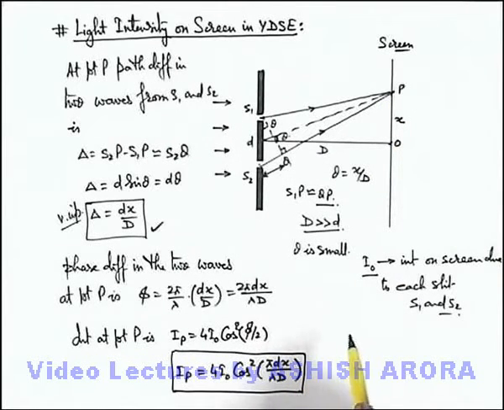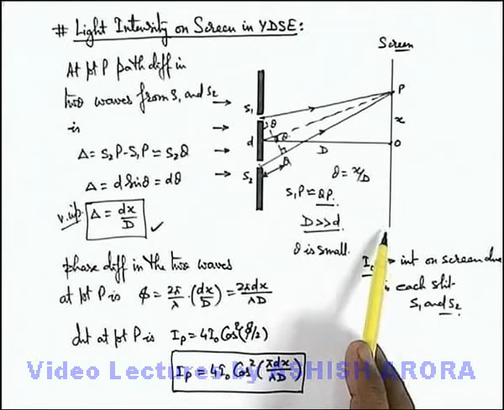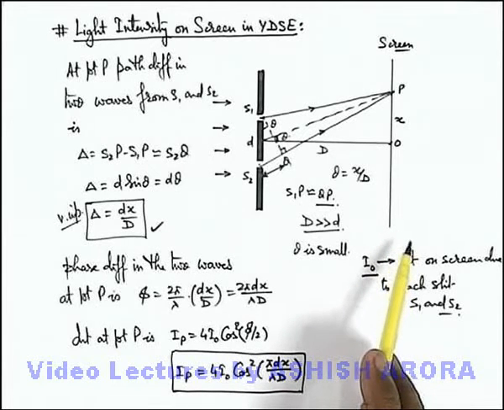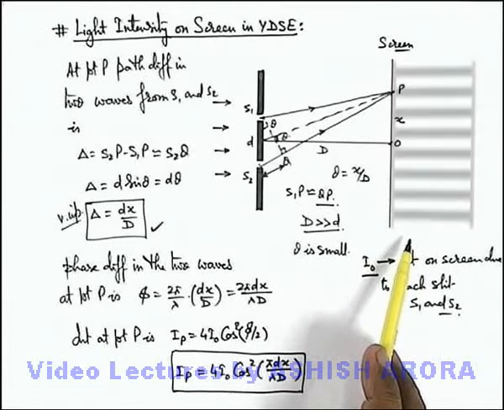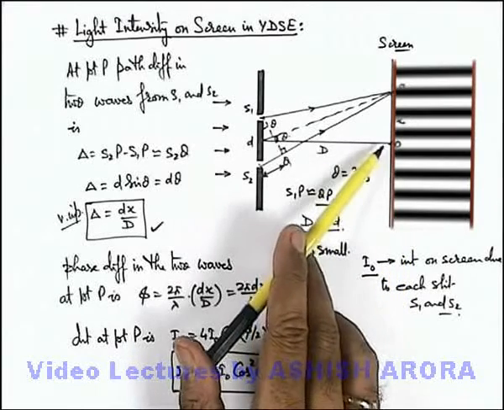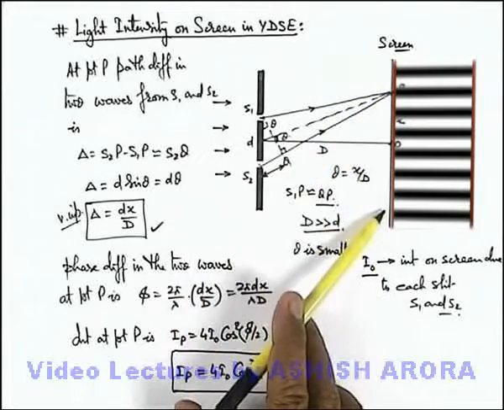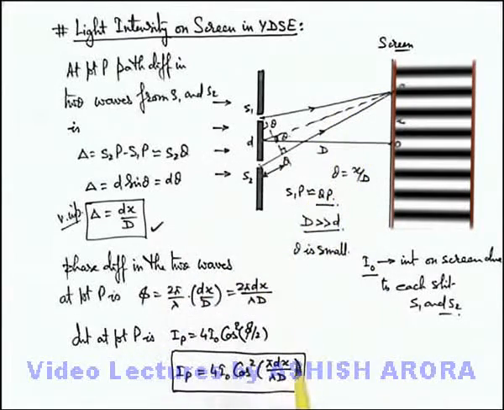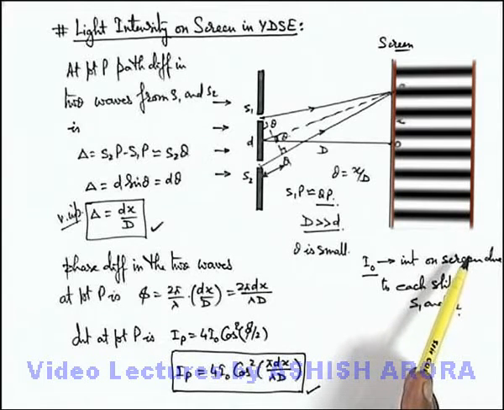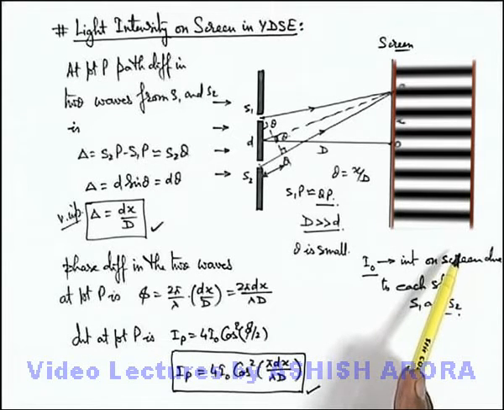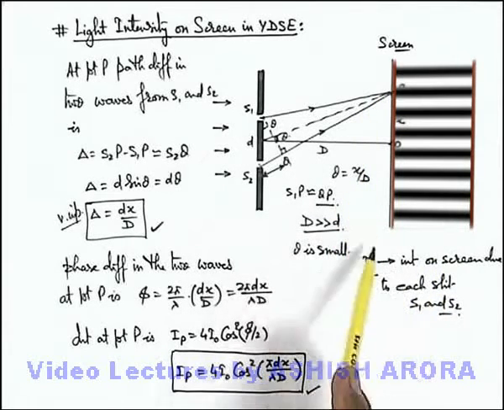As in the previous section, we already studied that the fringe pattern which is obtained on a screen looks like the figure which we can see here, where at center there will be a bright fringe having intensity 4I0, and on the two sides the intensities are varying with distance x, and this function when plotted looks like this curve which we can see here. In the previous section we also saw that the intensity on the screen varies with the position between 0 and 4I0 on the various points of a screen.